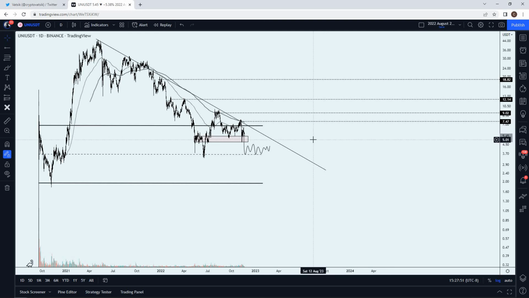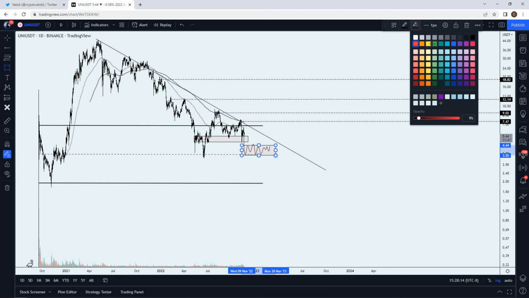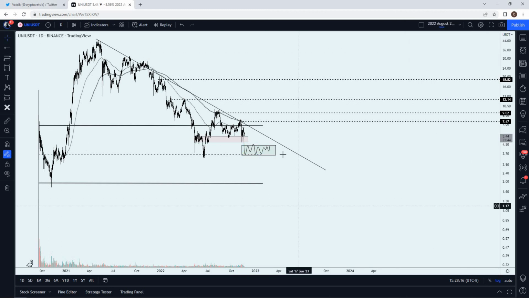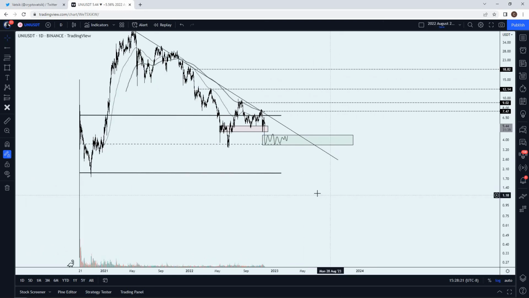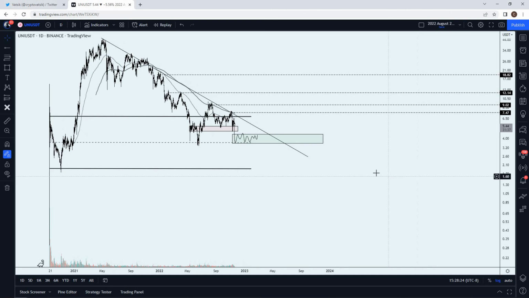Of course, fundamentally there's a lot of other stuff going on in the world, but technically speaking, from a TA chartist standpoint, once you've had that kind of full sell model come to completion with a bear market rally and then accumulation, you'd start to expect that we're coming to the end of the cycle. It just could play out longer than expected. It could be here, could be over here. We don't know, so we just have to be patient and understand what's going on in front of us.